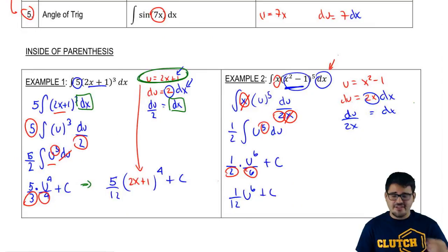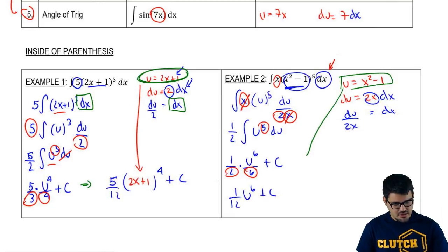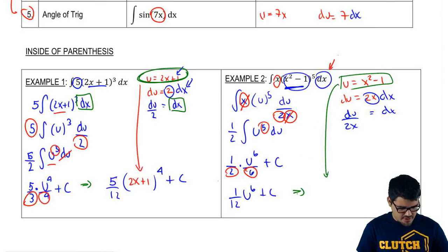So we have our answer in terms of u. That is no good. We want our answers in terms of x. So we bring our u back in. So let's do that right over here. So we're going to have 1/12 u to the 6 plus c. And now we're going to bring our u back in, which is x squared minus